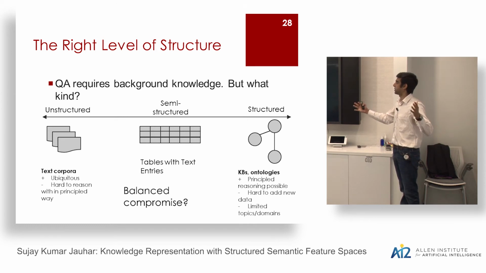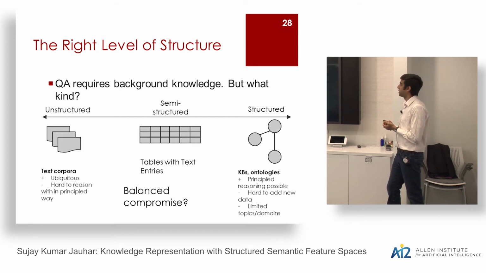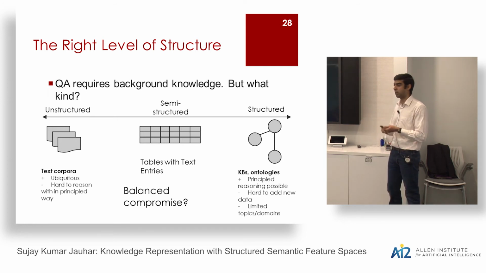And really, there's basically a spectrum that you can think of. On the one extreme, you have highly unstructured knowledge, which comes to you in the form of text corpora. These are really easily available on the web in large quantities, but unfortunately, because of their format, they're hard to reason with in a principled way. On the far end of the spectrum, you have highly structured models, which are basically things like knowledge bases, ontologies, knowledge graphs. They're really nice because you have principled ways of reasoning over them. But the problem is that they're hard to come by, and especially for a new domain, new language, you really don't want to start from scratch building one of these things for your particular problem.